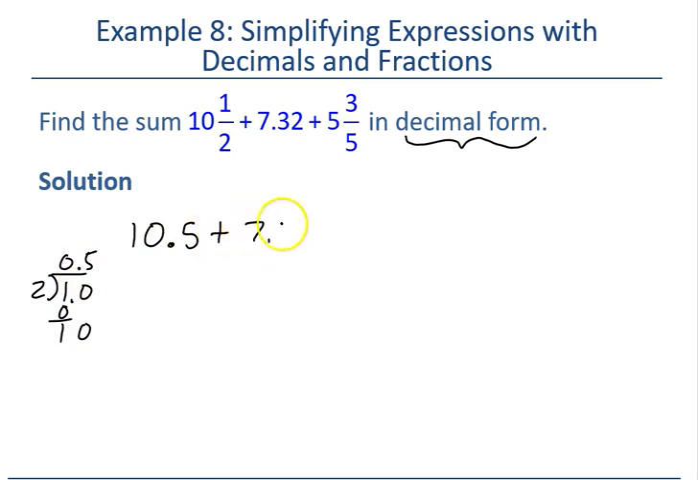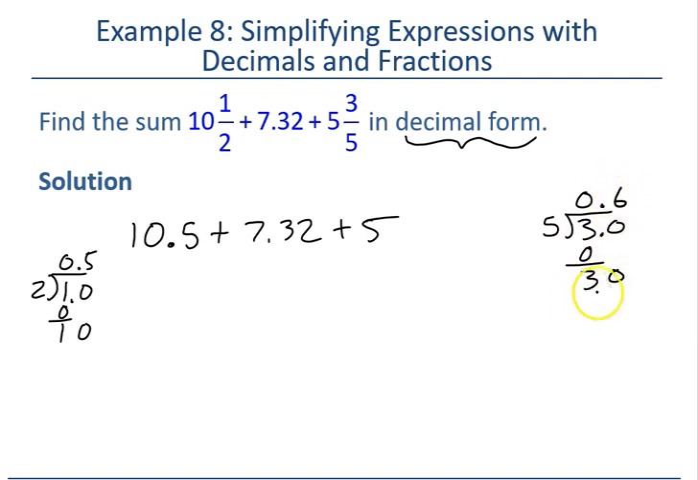Plus, I got this 7.32. Okay. Plus, I got the 5. But how about this 3/5? Well, let's come to the other side and go, well, it's 5 divided by 3. Well, I'll put a point, put my decimal there. Notice this is going to be a 0. I'll come down, I'll put the 3 there, throw in another 0, bring that down, and then I can go 5 will go into 30 6 times, giving me a remainder of 0. So here's going to be a 0.6, so I have